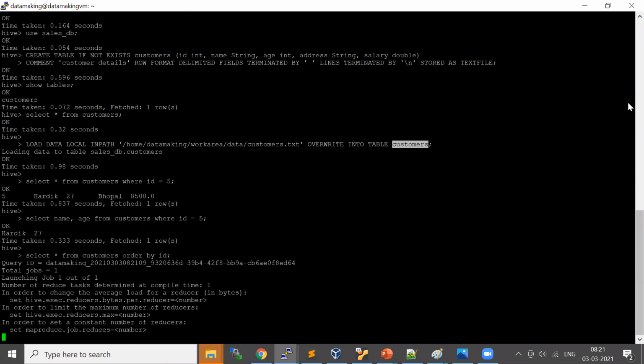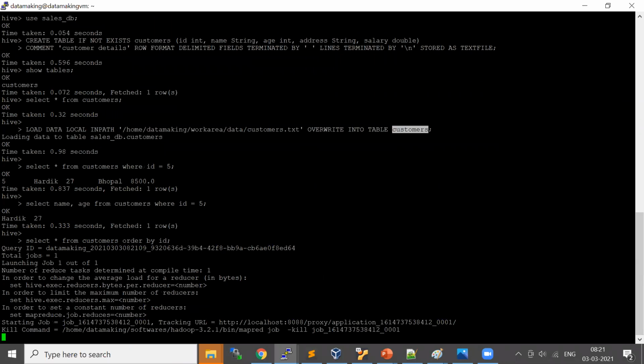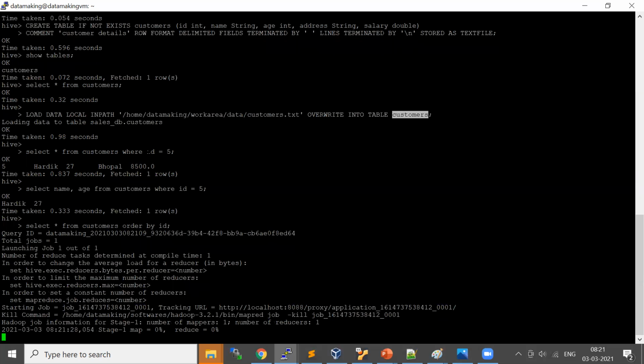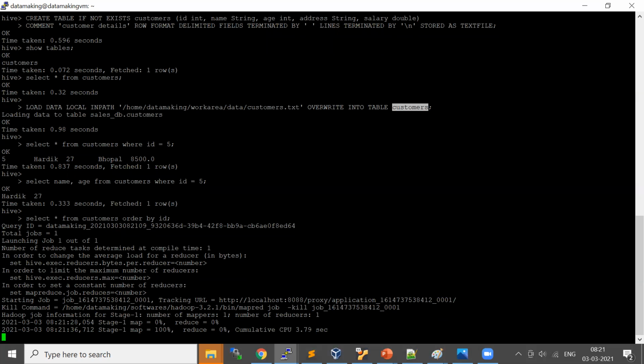Did you notice when I used select star from customer table, and when I specified a particular ID, all this did not generate a MapReduce job.